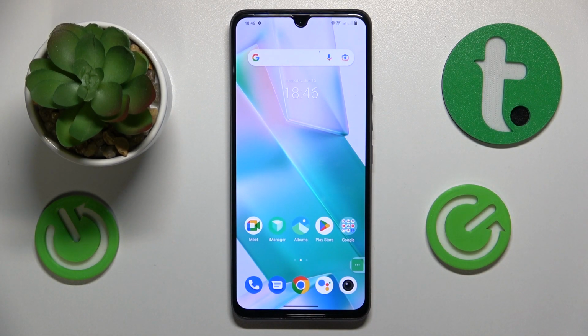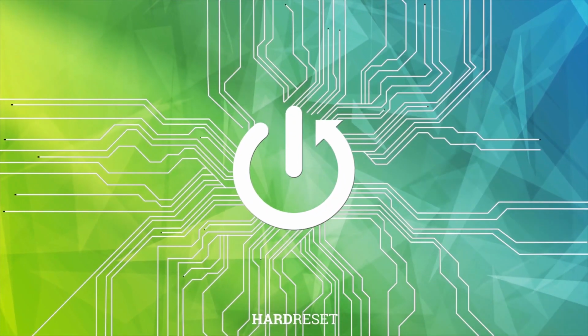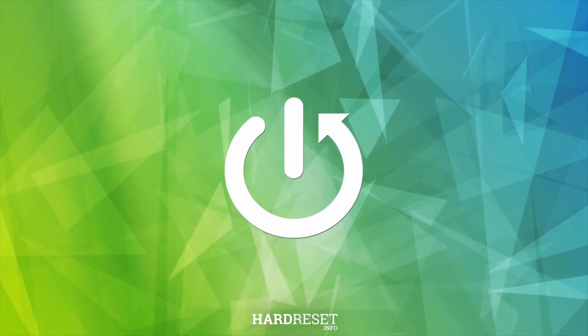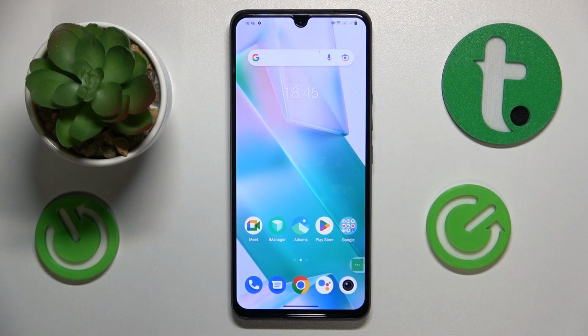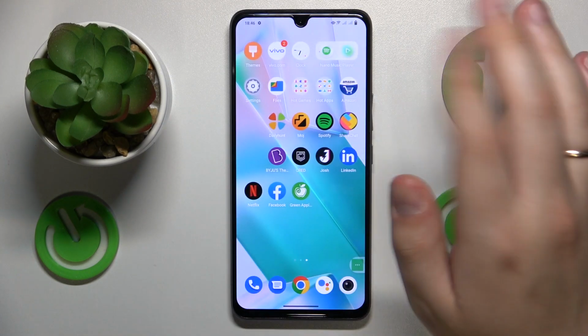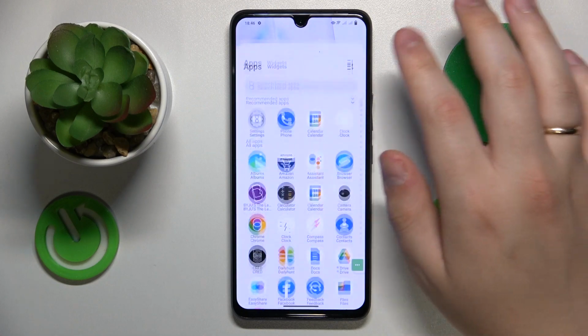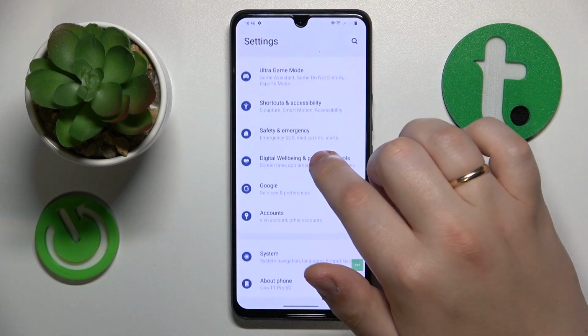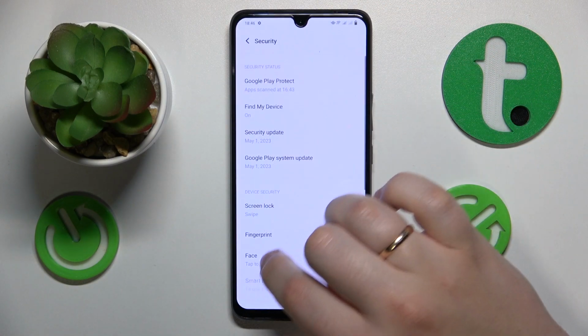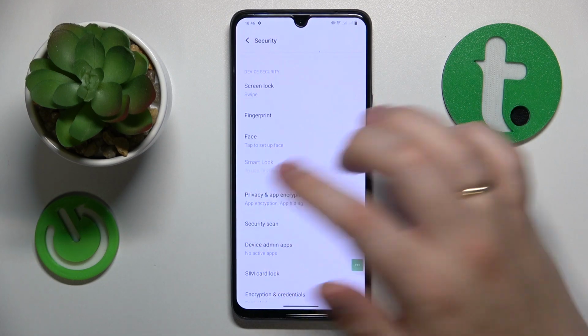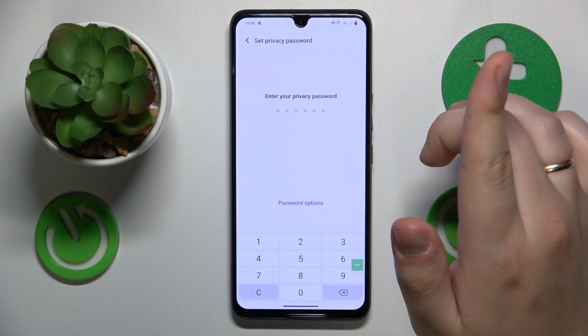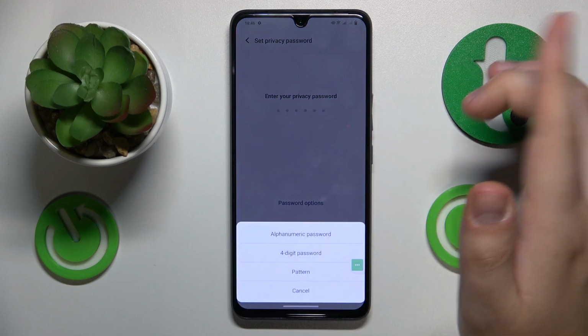Today I would like to show how you can hide Instagram app in VIVO. So in order to conceal or pretty much make the Instagram app inaccessible through home screen, app drawer or search, you will need to launch settings, then go for the security category, onwards tap at the privacy and app encryption, then set up the privacy password,